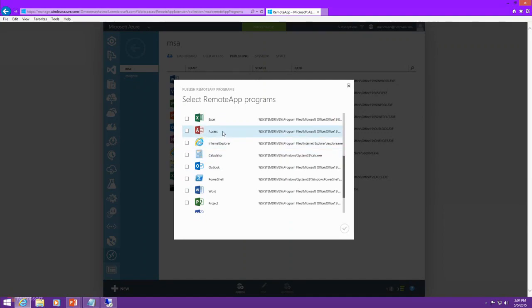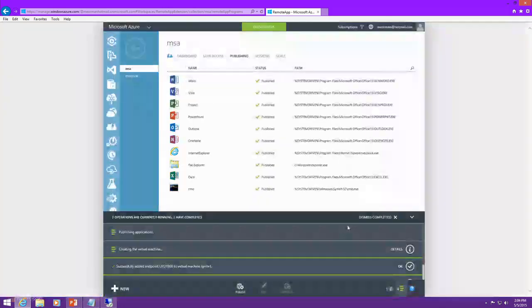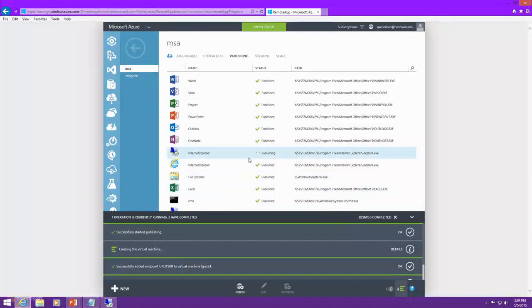By default, Access is not. I get a lot of feedback. People say, well, where's Access? Well, let's publish Access. And let's just go publish Internet Explorer because that's where my next demo is about. So I'm going to click Next. And those particular applications are going to publish out there. And while those are publishing,